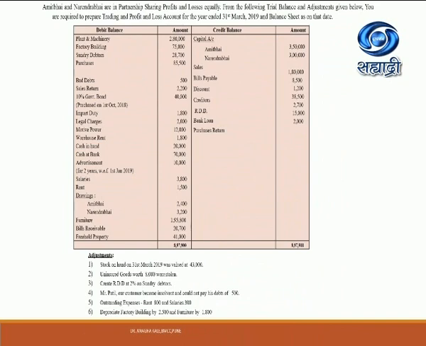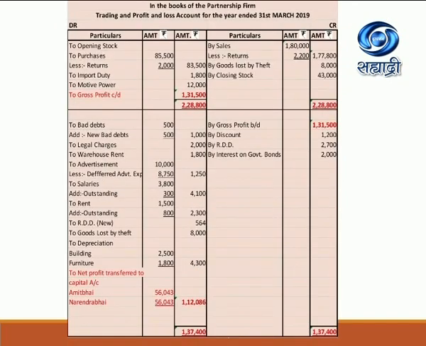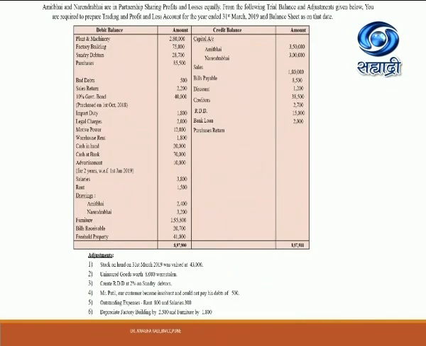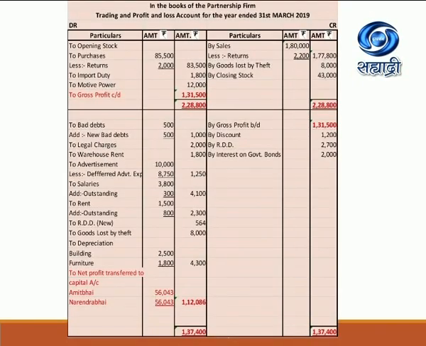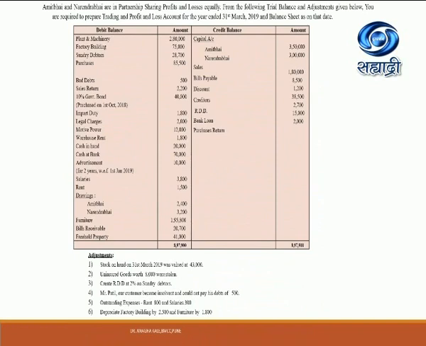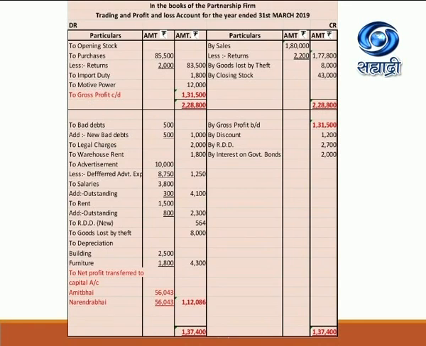Then we are having purchases. Purchases we should show in trading account. So in trading account, first opening stock is there, then purchases. Bad debts are there. These are the bad debts which are given in trial balance. So old bad debts. Old bad debts we can show in P&L account as only one effect is there. So we have to show it in P&L account on debit side. So in P&L debit side we can see bad debts, 500. Then sales returns. Sales returns we have to deduct from sales. So in trading account on credit side we are having sales, below that less returns, 2,200.